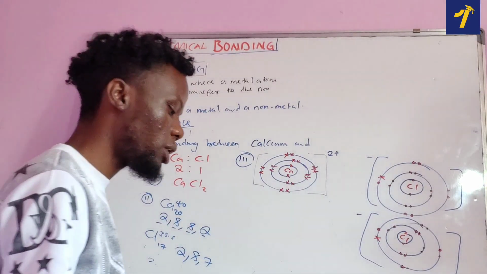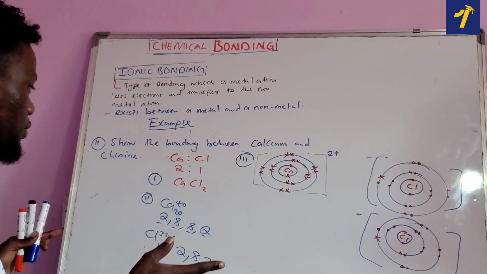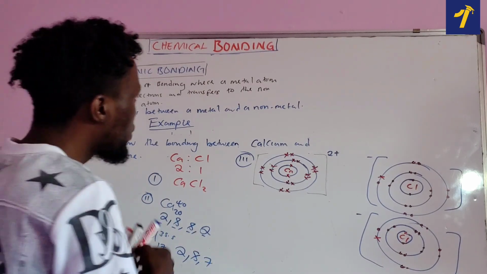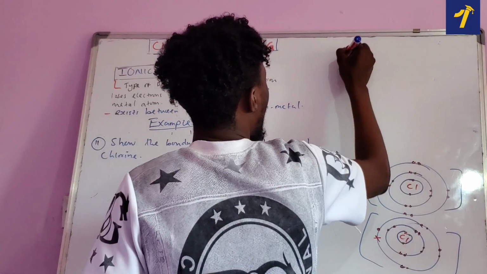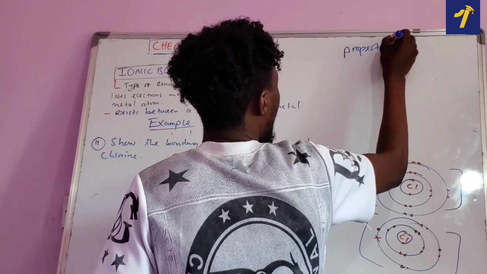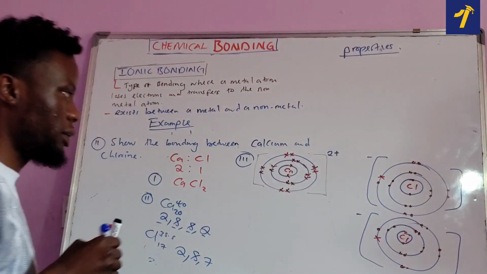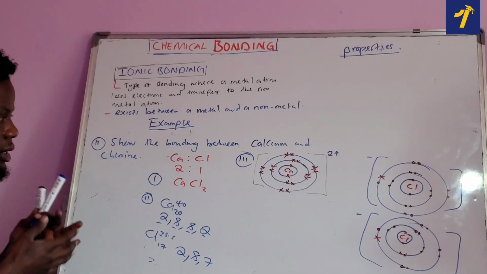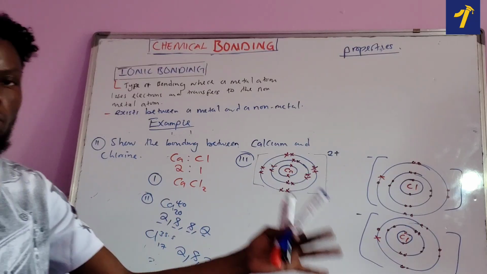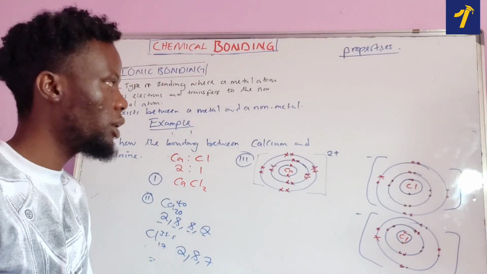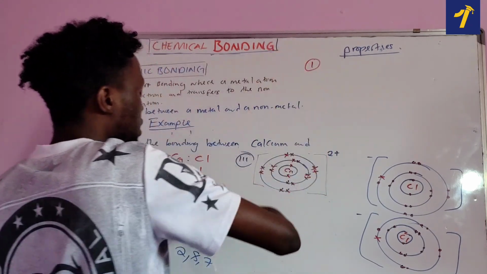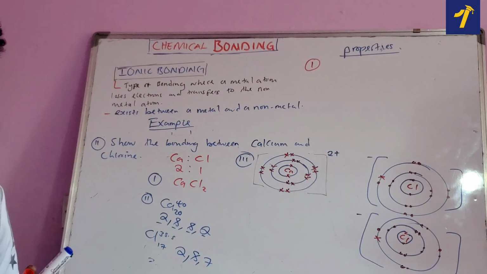The last part is talking about what now? The properties of ionic bonding. So make sure that you write this. All right, so the properties of ionic bonding. Okay, properties. So what is the property or the properties of these ionic compounds that are going to be produced? What are the properties? Because they like asking questions like this. So the properties of these ionic compounds that are going to be produced is that the